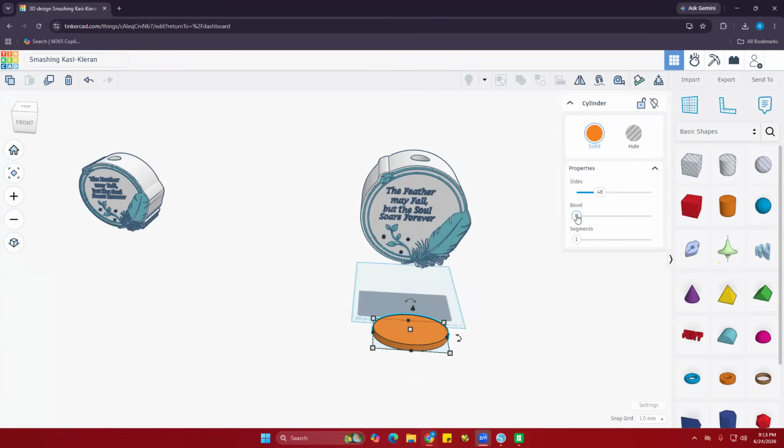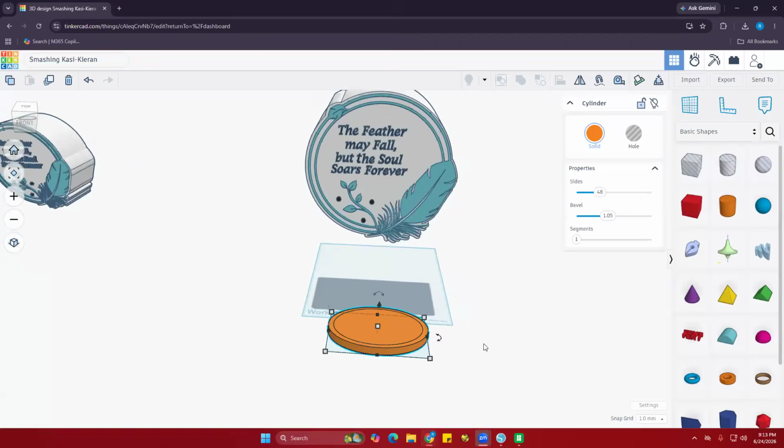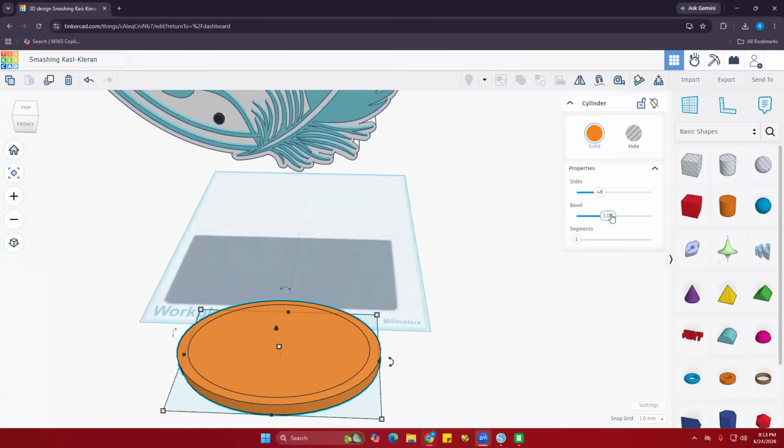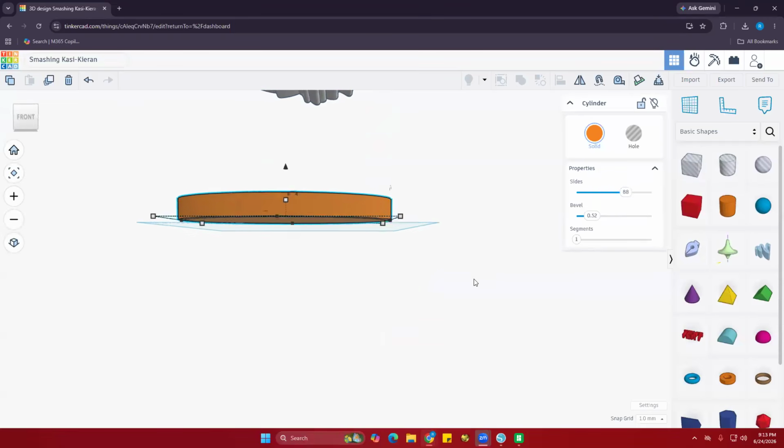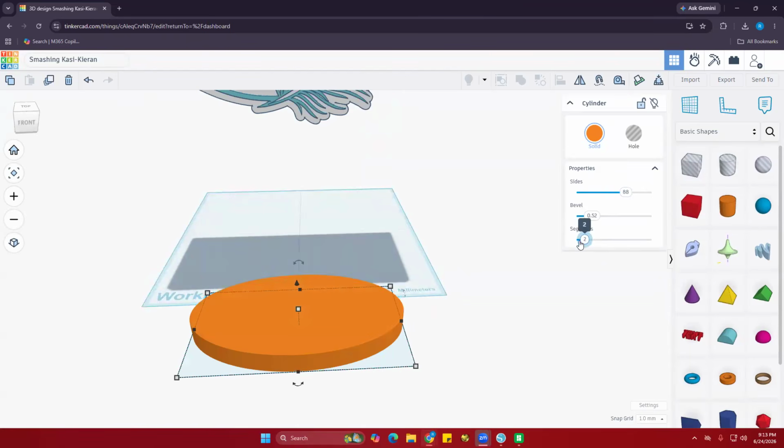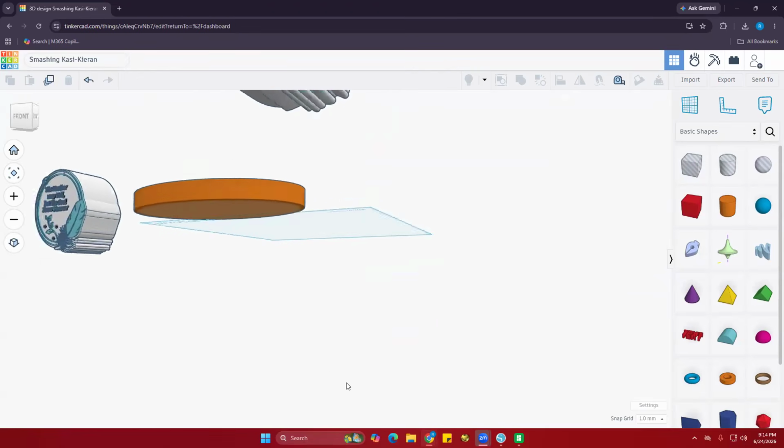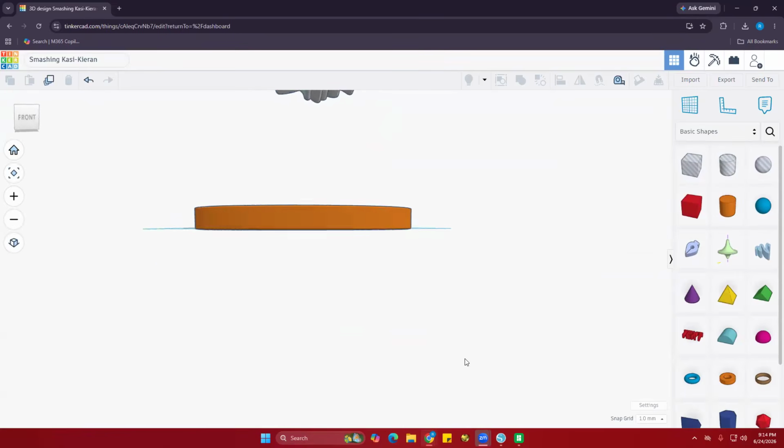Now I'm going to come over here to the right and play with the bevel. I'm going to play with the sides, and you can also play with the segments right here. Once you get it to your liking,